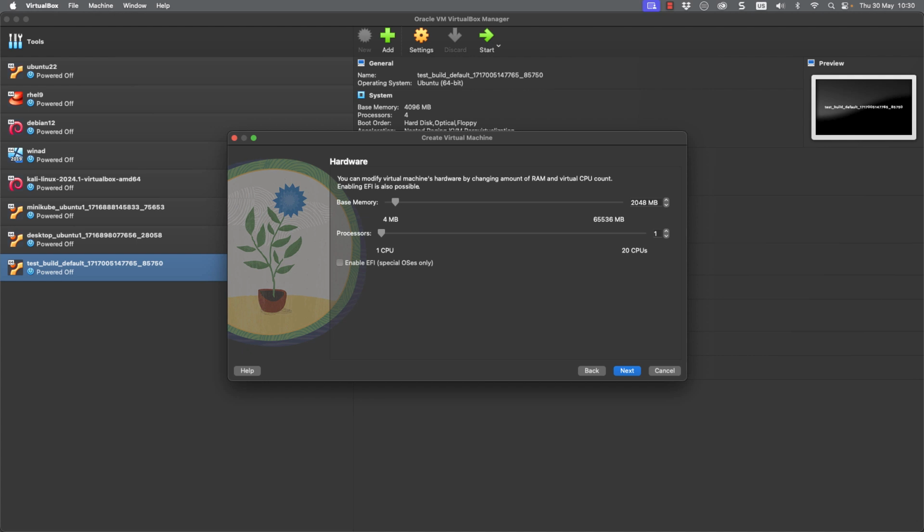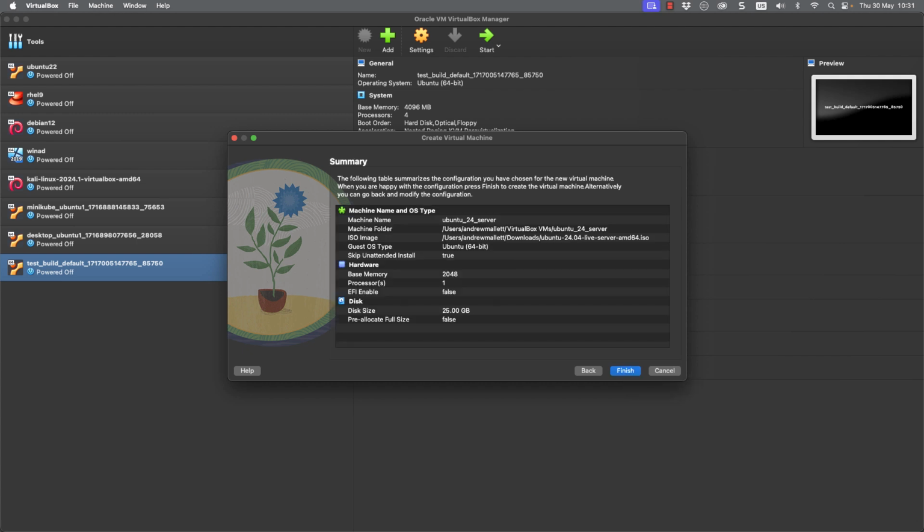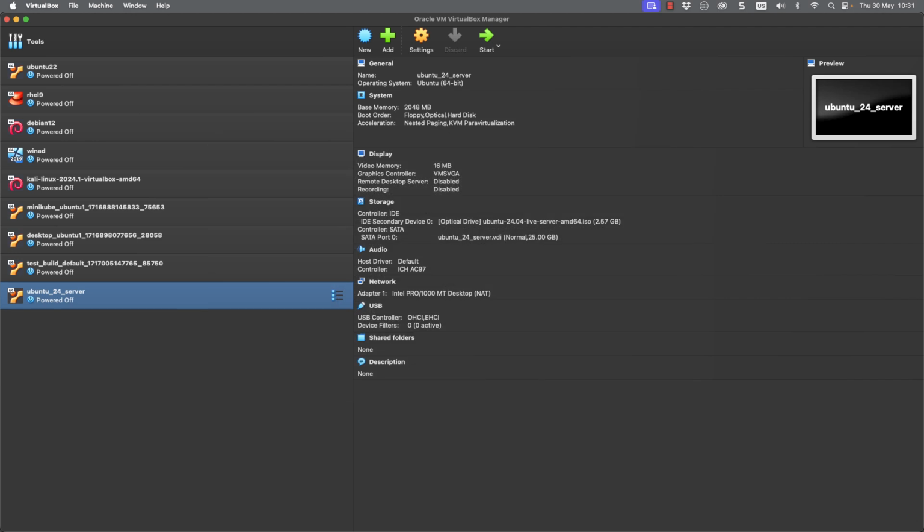As we go through and click next, I'm going to leave it at 2 gig of RAM, which is probably about right. We certainly don't want to put too much or too little resource in. The same thing applies when we're looking at the CPUs. I don't want to assign more CPUs than perhaps somebody is going to have on their system if we are going to use this as a public Vagrant system. When I'm looking at the virtual disk, I've got 25 gigs assigned, and that's probably going to be about right as well. Remember, we want to make this a public Vagrant machine, so again, we don't want to take too many resources. We can go through then and review and finish.